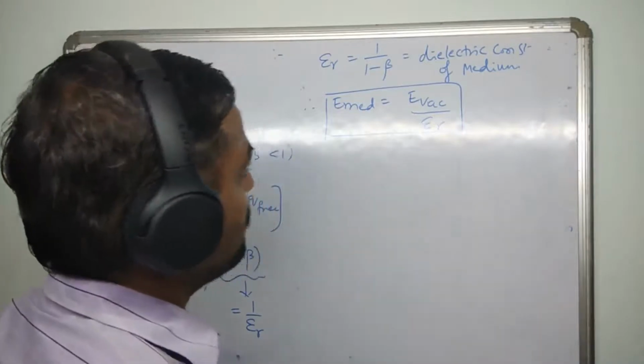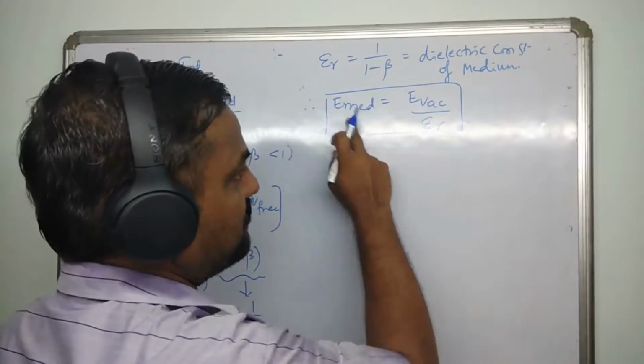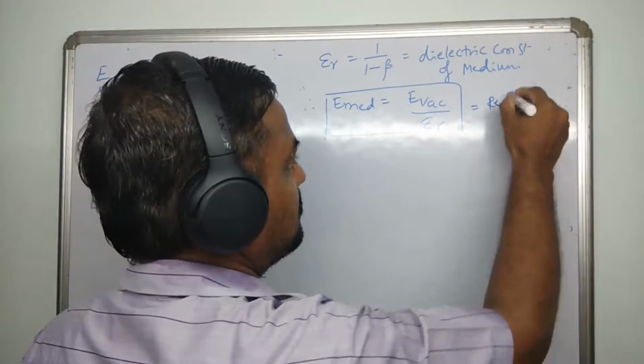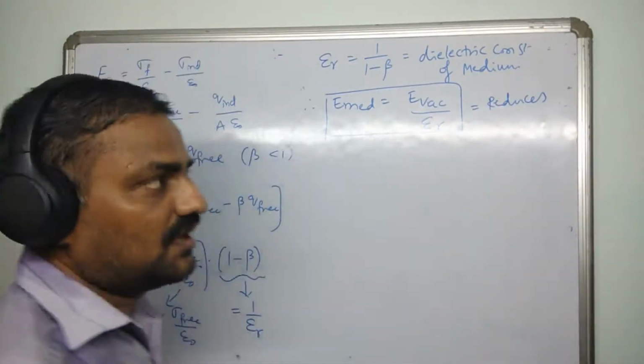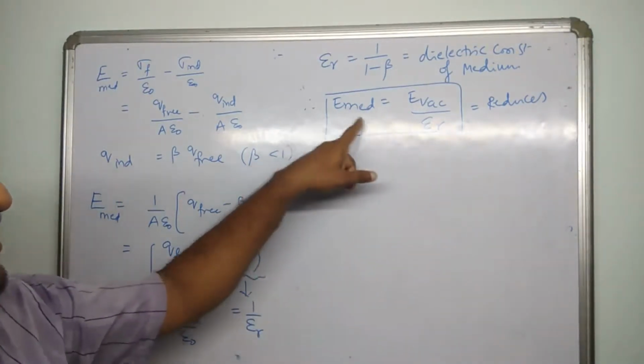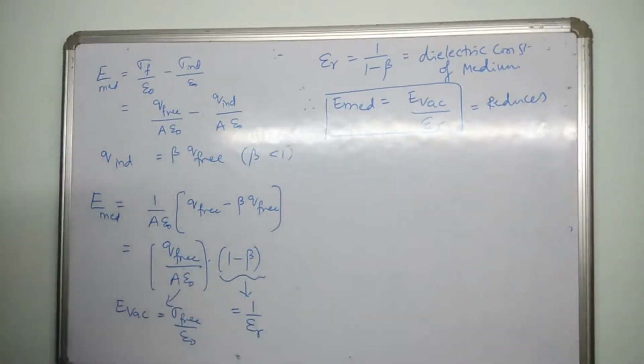So this dielectric constant clearly shows that it is greater than 1, which means after the insertion of a medium, the electric field reduces compared to the vacuum case. In the vacuum case, you get the maximum electric field, but in the presence of the dielectric, the net electric field reduces by a fraction of this. This is one important relation which you can remember. This is the definition of dielectric constant, and we can further proceed by defining another parameter called dielectric susceptibility.